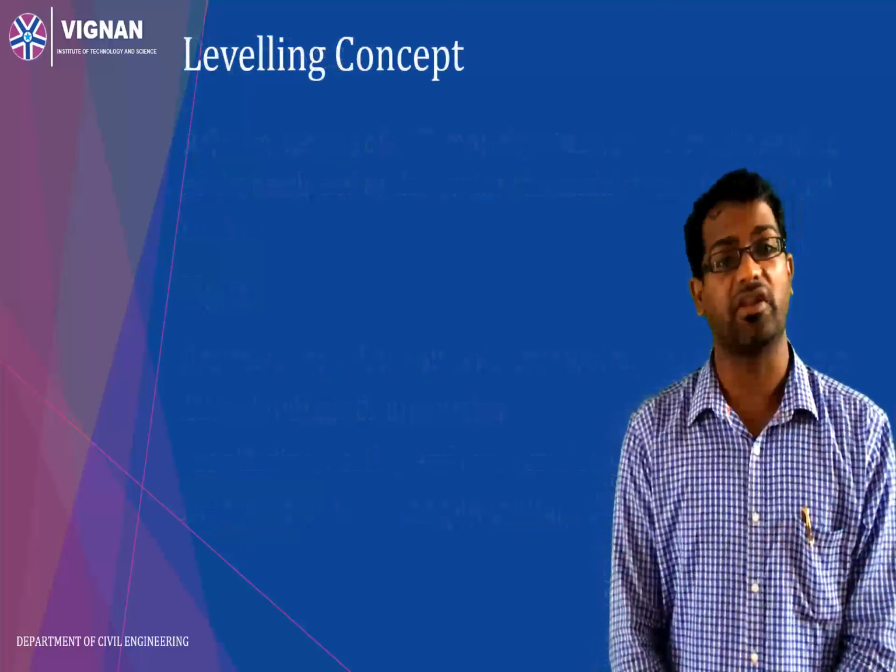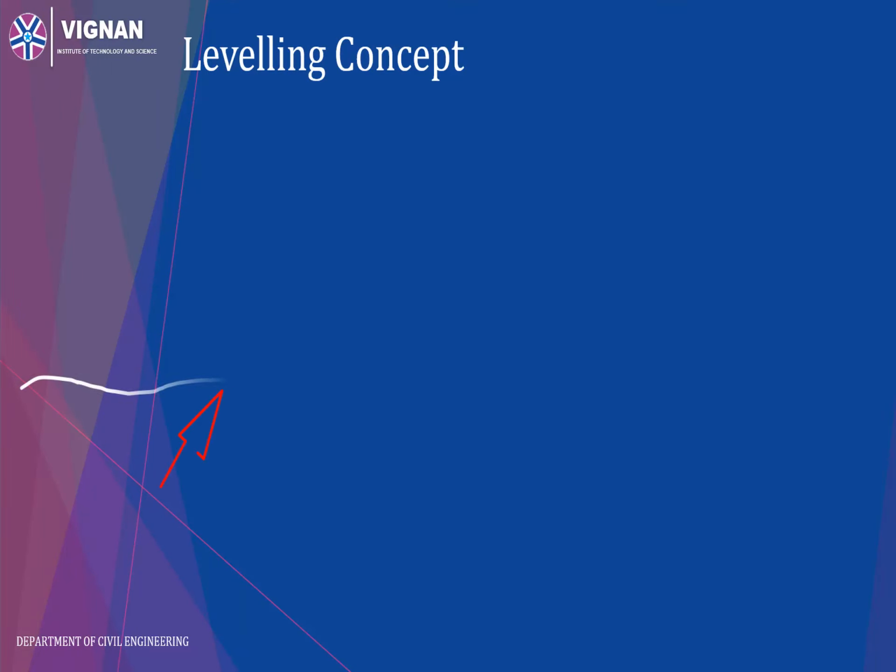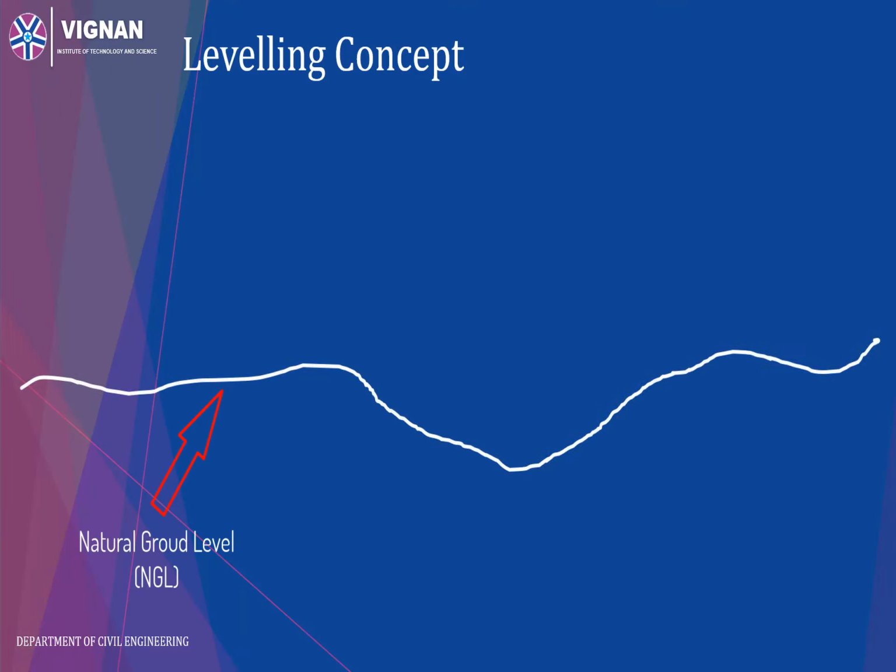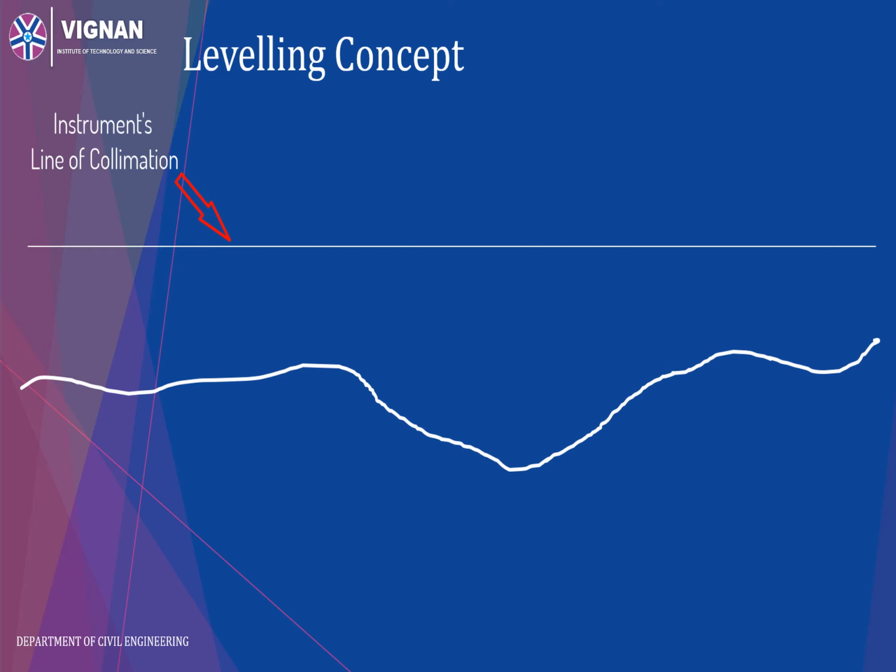The main leveling concept is, let us say the ground pattern is in such a way. The ground level will never be a straight path, which we have discussed in the previous class also. But we need to determine how much the level difference is. We cannot use a scale to measure the vertical heights of the ground points. We need to have a certain level line, or a reference line, so that we can start measuring the ground points.